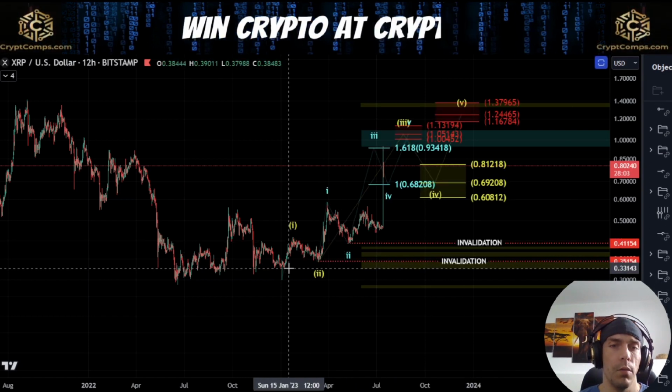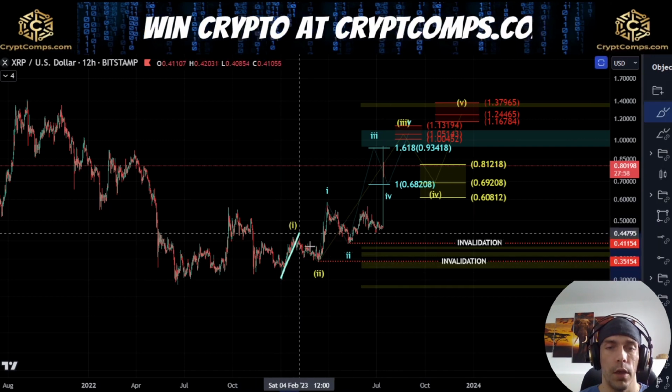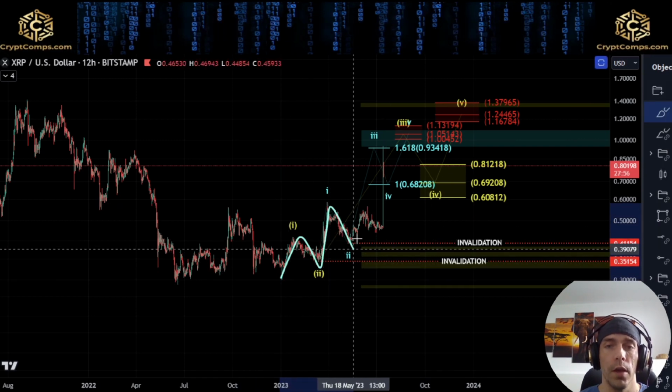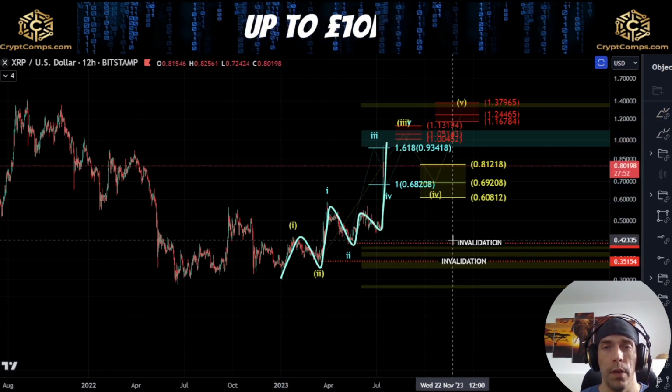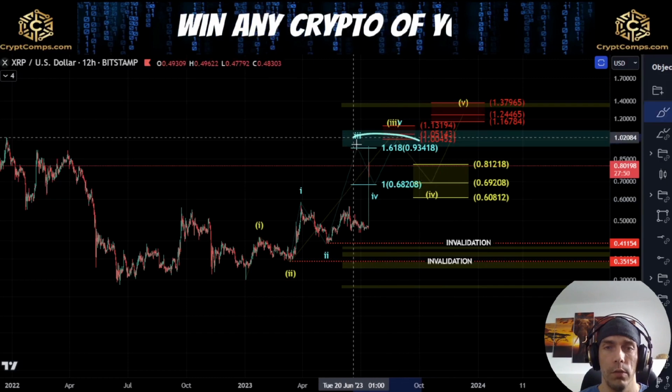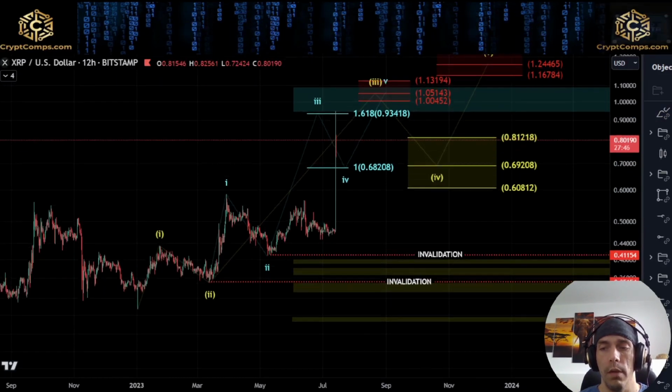So the way that we could be saying that we're going to get a 5-wave move off these lows is we'd have to say that we are getting this as 1, 2, 1, 2 here, and effectively we'd be looking for another 1, 2, 3, 4, 5 here. So we have actually now achieved 1.618 here, but the problem is I want to see more evidence that this